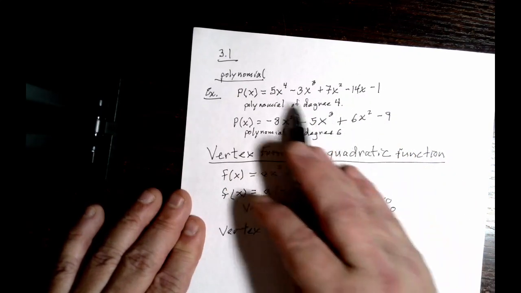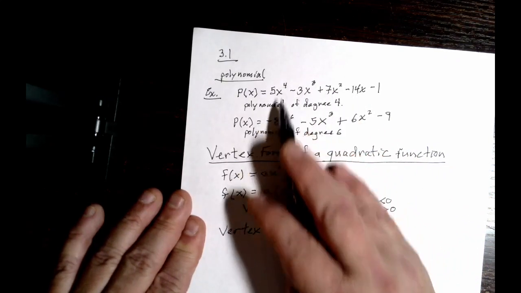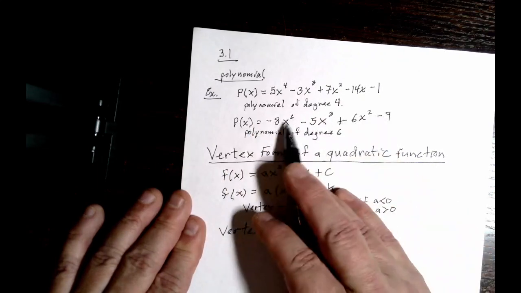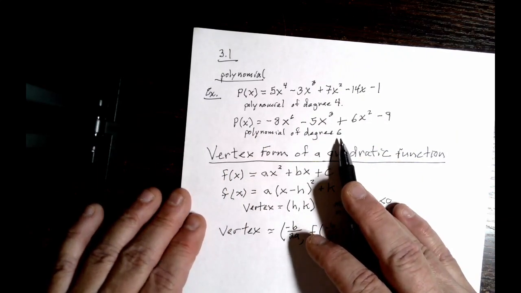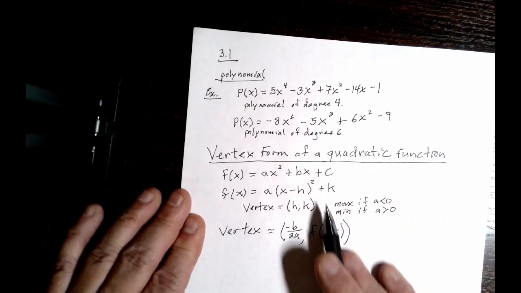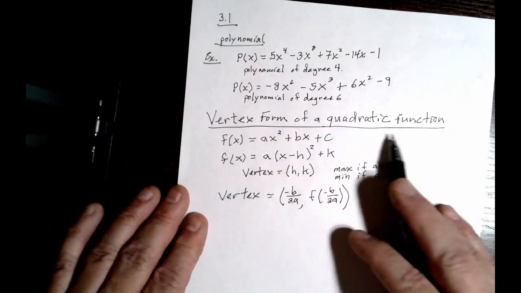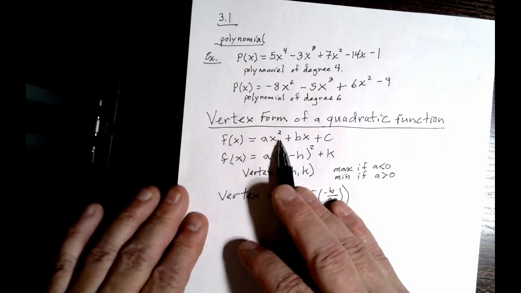Here's another example. By the way, this one's a polynomial of degree 4. Fourth power is the highest power there. This one has the highest power 6, so it's a polynomial of degree 6. And notice not every term is represented, but that's fine. It's still a polynomial. Now this specific polynomial we'll be talking a lot about is degree 2, or the quadratic